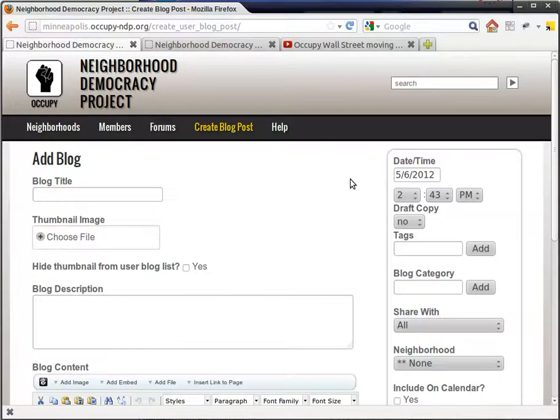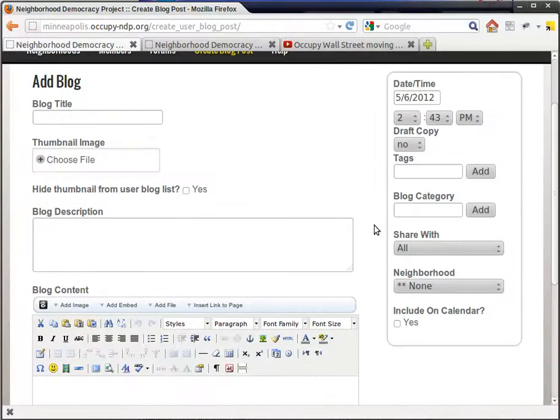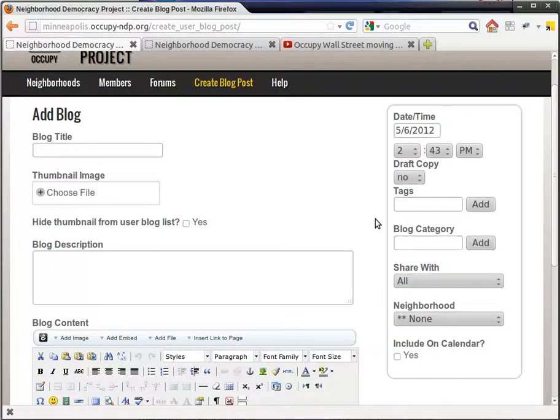blog posts. So once you're logged in, you'll see this create blog post in the header, and when you go there you'll see this little form here, and this is everything you need to add a blog post. So you can add your title,